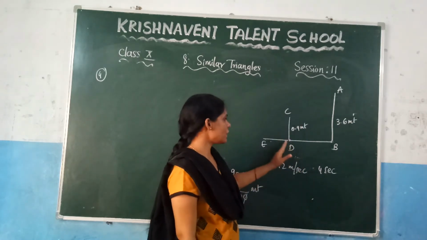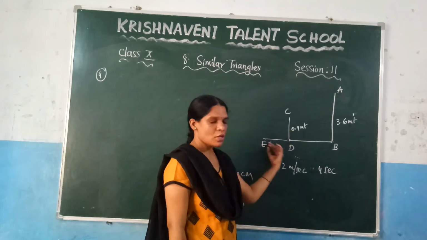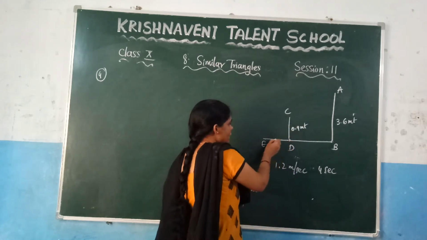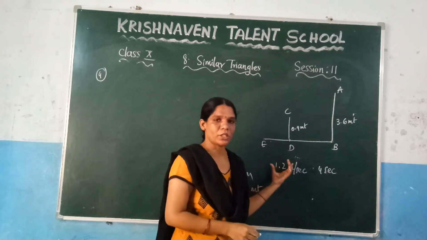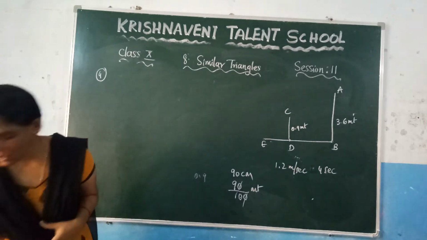Now you can observe that if a girl is standing like this, her shadow will fall in this direction. So here let us consider this is the shadow, length of the shadow. Now you need to find this length of the shadow. This is the question they have given here. Now